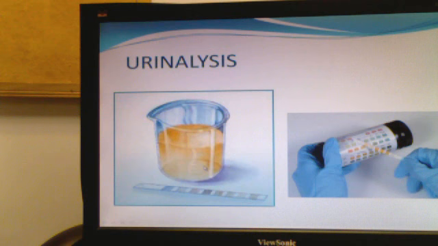So once again, the three phases of urinalysis are physical examination, examining the physical properties of urine; chemical examination by way of reagent strips to examine the chemical properties of urine; and finally, microscopic examination. So microscopic examination is we look at the sediments of urine after spinning it in a centrifuge. We observe them with the use of our microscope, and we can see a lot of things under the microscope,